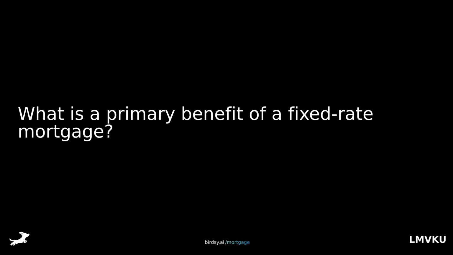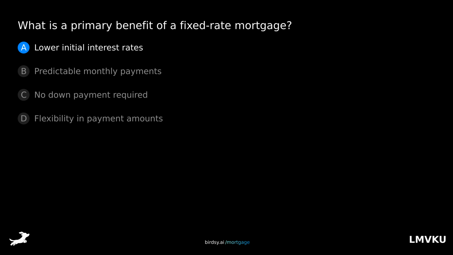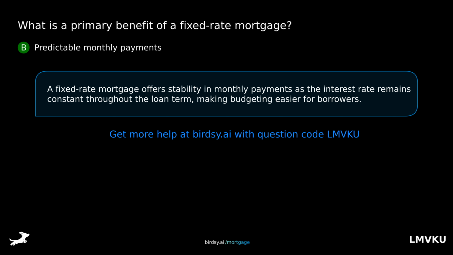What is a primary benefit of a fixed-rate mortgage? Is it A, lower initial interest rates? B, predictable monthly payments? C, no down payment required? Or D, flexibility in payment amounts? The answer is B, predictable monthly payments. A fixed-rate mortgage offers stability in monthly payments as the interest rate remains constant throughout the loan term, making budgeting